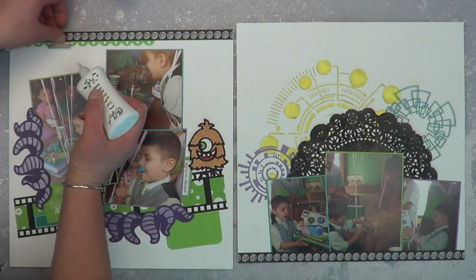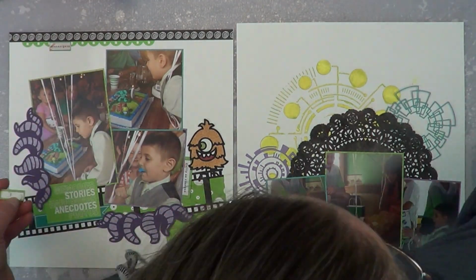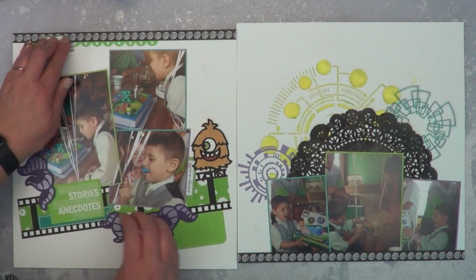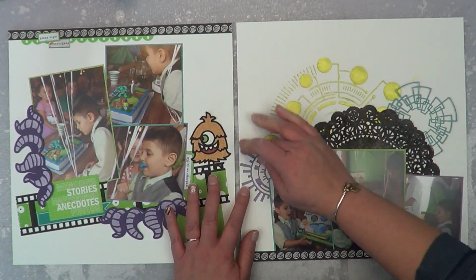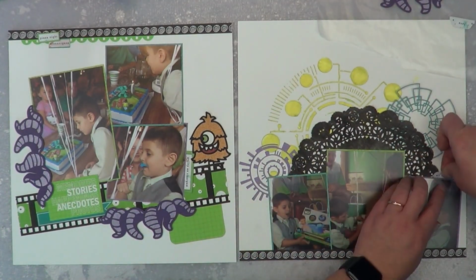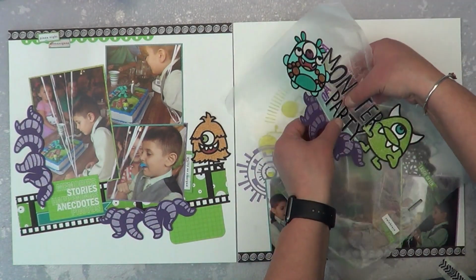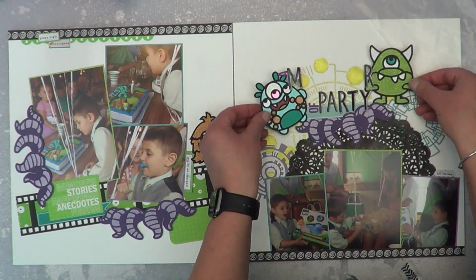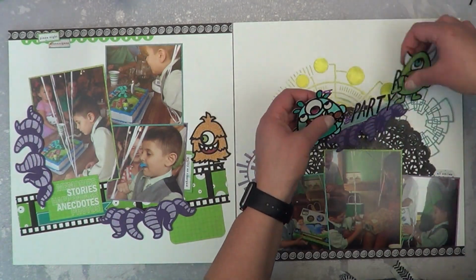At first, I hated this layout. I wanted to just toss it and come up with something else. But I'm persistent and I'm stubborn. That's me. So I've got this little monster. He's the only monster that is looking in a different direction other than up. And so I decided to put him on the left page looking in, because he's kind of laughing at what